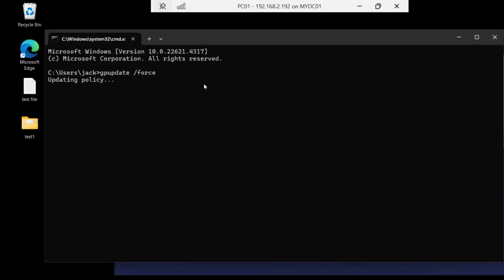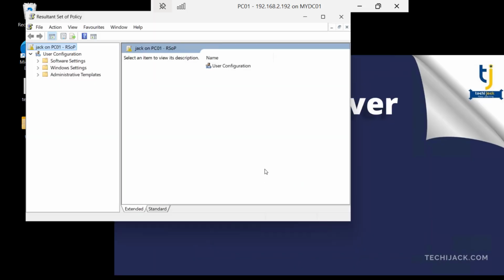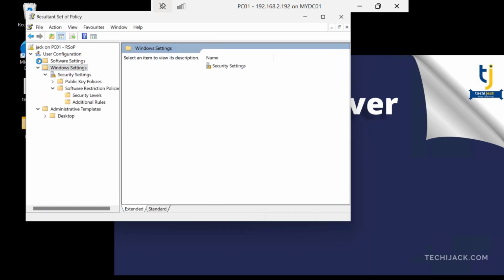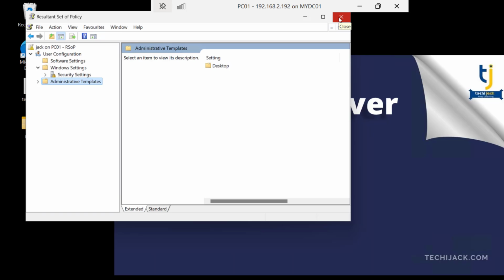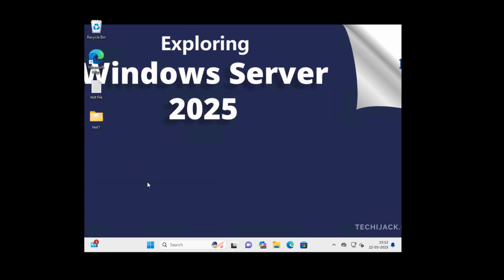gpupdate /force. It's completed. And if we see that command rsop.msc under the security setting, right now it does not show any firewall policy. You can see we have a desktop policy from our previous video. Let's log out and relog in it again. Relogging in again. So now I am logged in as a user Jack, and if we see the firewall.cpl, you